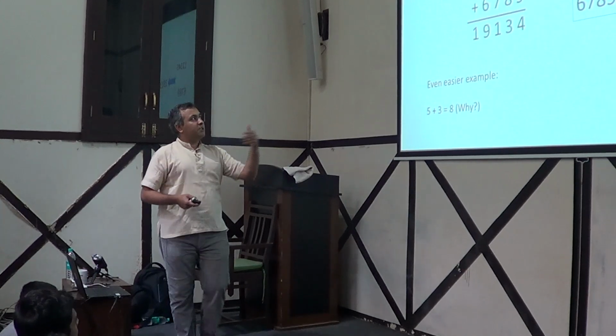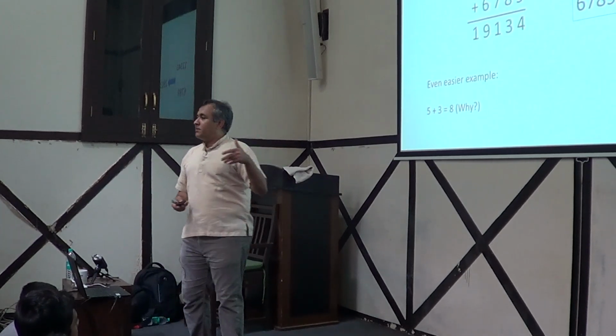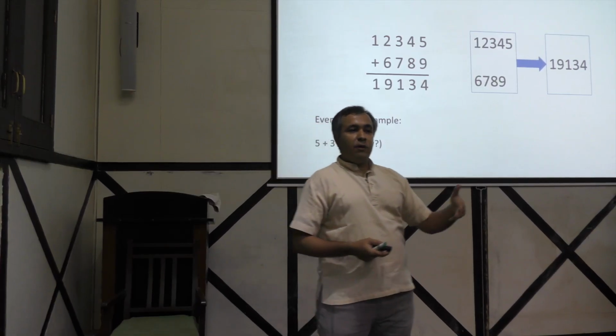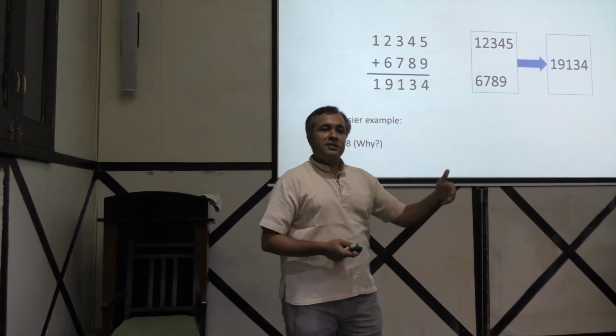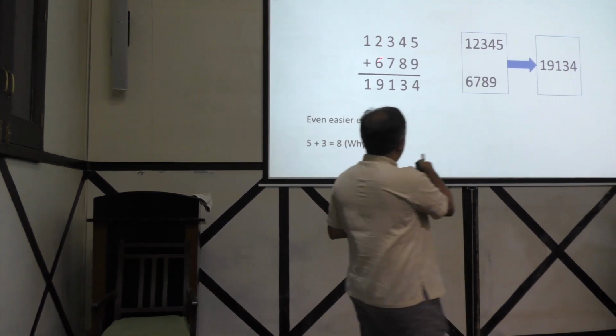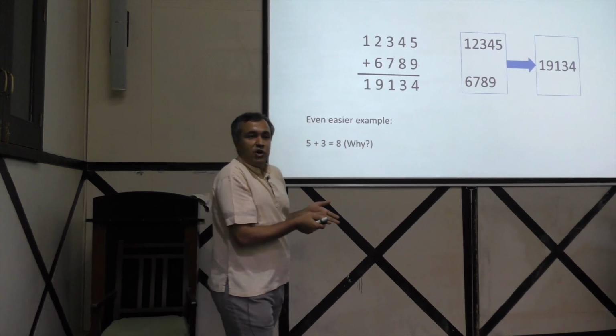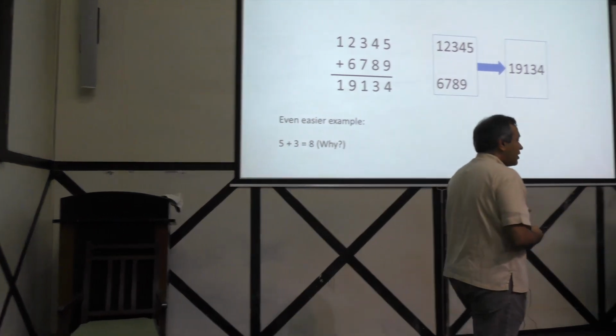You add another 1, it becomes 12,347. Now notice that this is not the way to do addition. If I keep doing this, this is all I'll be doing till the end of the talk. I'll be adding 1 6,789 times, and it's going to take me quite a while to do this. So this is an algorithm for addition, adding it step by step, but that's not the way we were